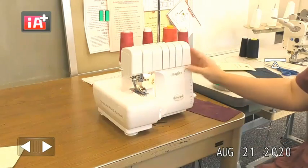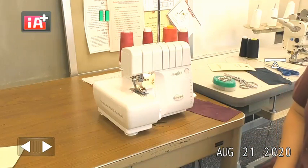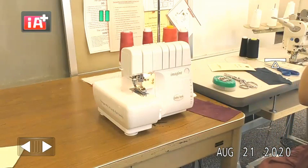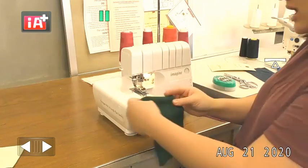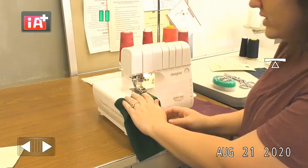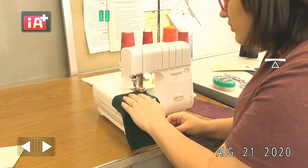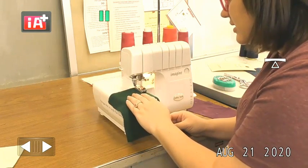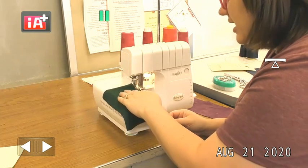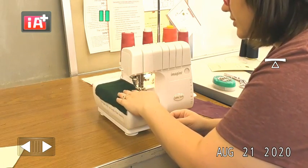Check your machine settings, they may be different, but read your manual and make sure that you are set up for a rolled hem. We do not want to cut anything off, so I'm just going to let this go even with the blade, and then we'll just use that as our guide to stitch down our